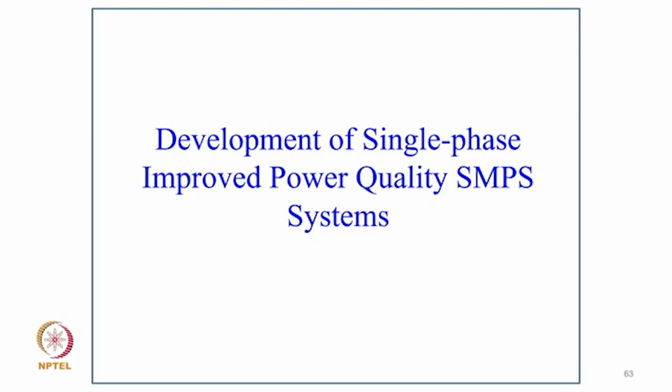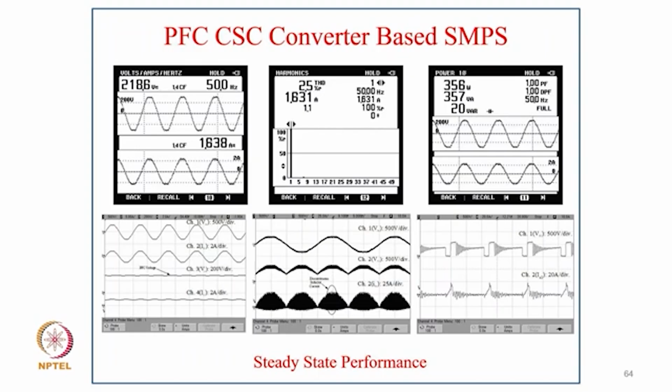Now coming to development of single phase improved power quality switch mode power supply system. So this is typically the configuration where a canonical switching converter is designed and developed here, and you see the supply current THD is only 2.5%. That was simulated, it's a hardware, and you can see how the input inductor current, really this inductor is in discontinuous current mode, but typically the capacitor voltage is in continuous current, and now switch voltage, switch current are there, even for 350 or 360 volt, which was a reasonably large rating for a switch mode power supply. So we get inherent power factor correction without sensing.